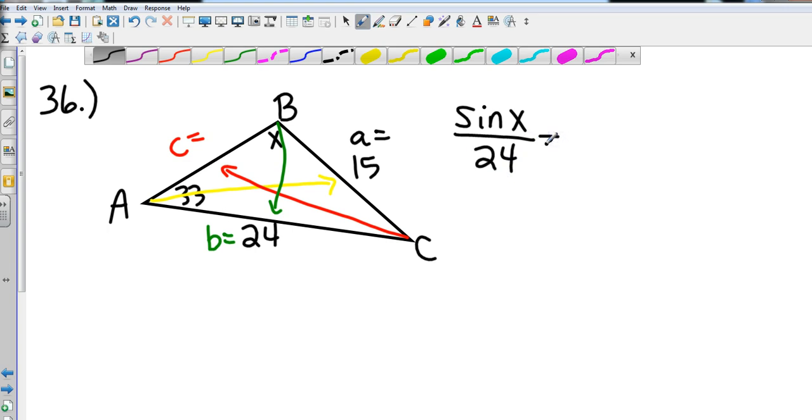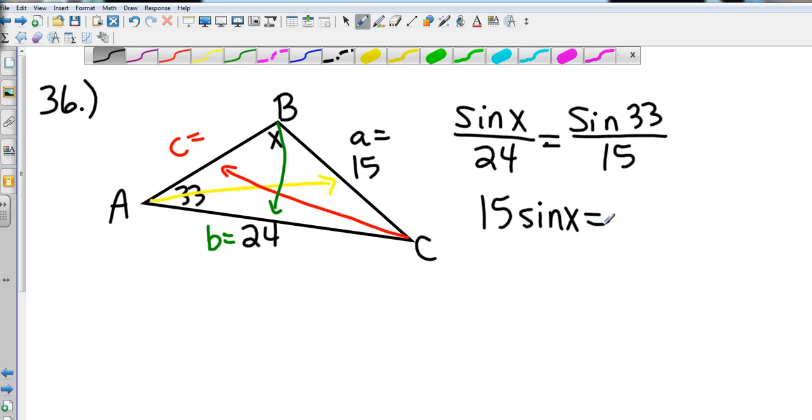And we're going to set that equal to the other one we were given. We were given angle A. So sine of angle A, which in this case we do know, is 33 over side A, which is 15. Okay, oops, that's an equal sign there. So I'm going to cross multiply. That's going to give me 15 times the sine of x